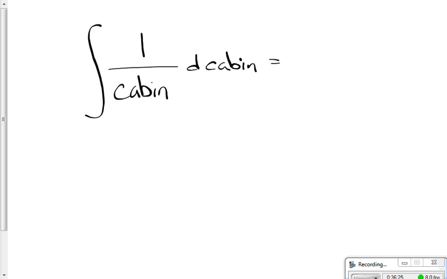What's the antiderivative of 1 over x? What is it? It's not log cabin, but it would be funny if the answer was log cabin. It's even more funny when you get the real answer. It's not a natural log cabin. Guys, you're forgetting something really important. And any joke isn't very good if you have to explain it. It's an indefinite integral, and when you have an indefinite integral,